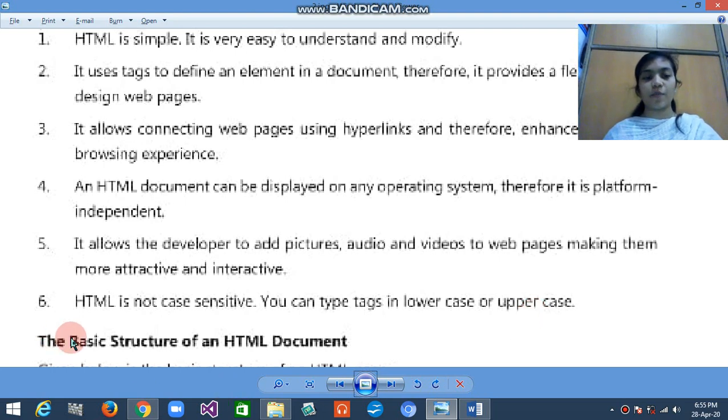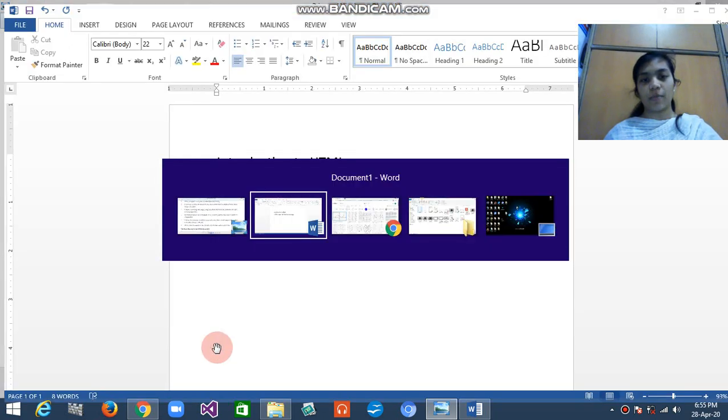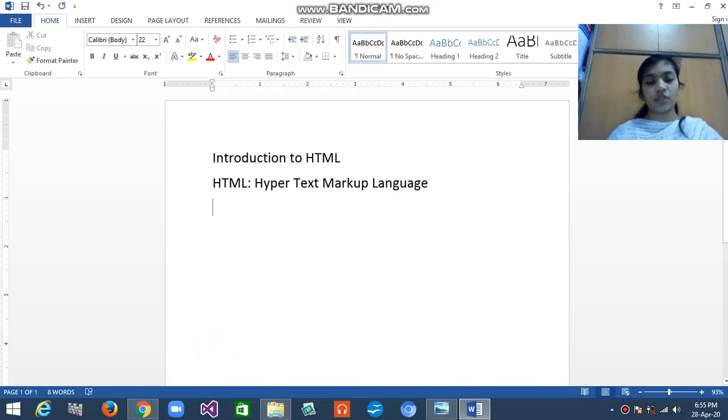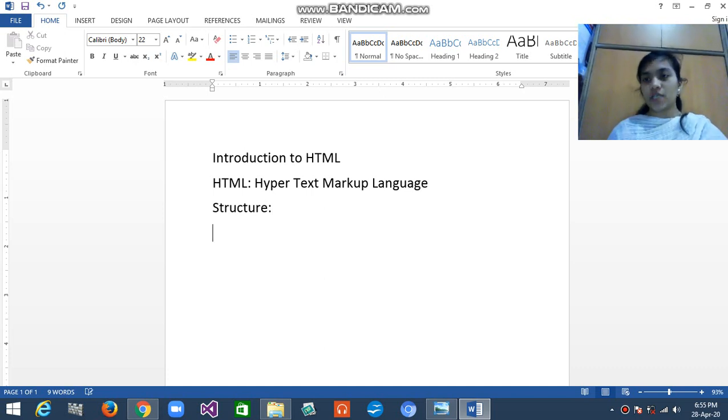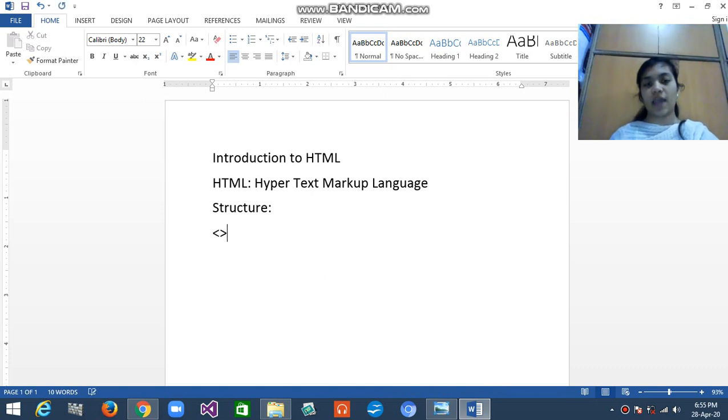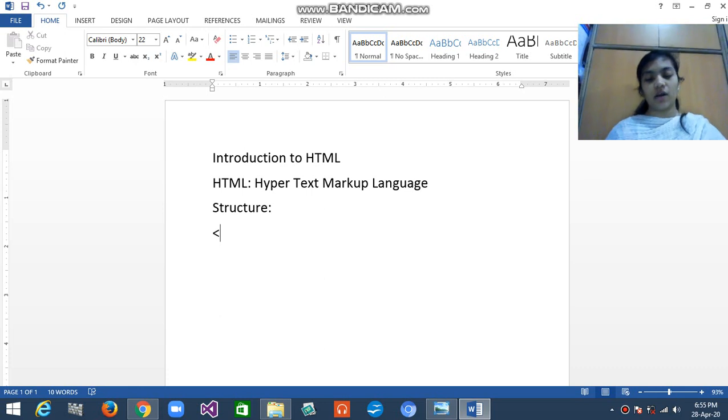Next we are going to the basic structure of an HTML document. So I am going to the structure. First of all, for structure you have to use the angular bracket. This is the angular bracket. Okay, I will first go ahead with uppercase, so I am writing the HTML